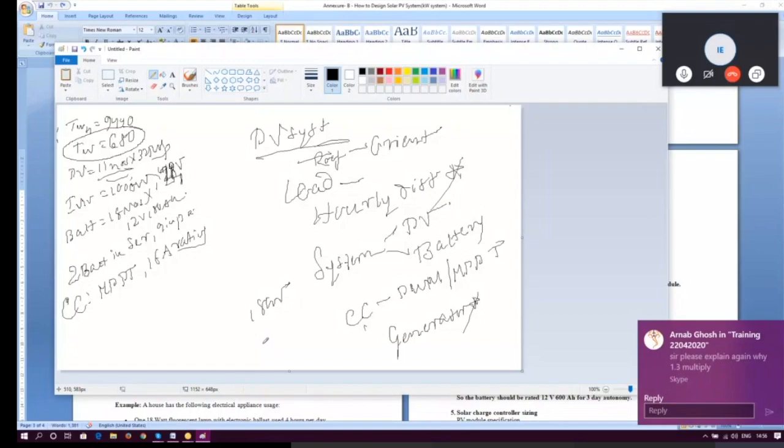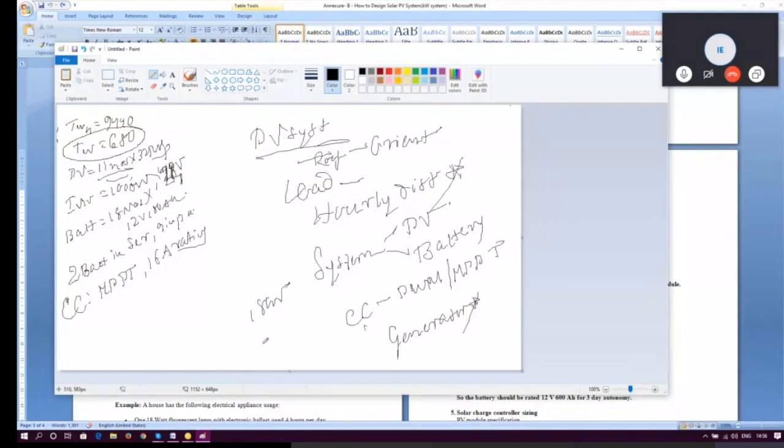What, 18 hours from midnight till the next midnight, right? So this is only what we need to give in the hourly distribution. Next, in the system part, we can only do PV and battery, and for the charge controller we can only select PWM and MPPT. The rest, PVC is smart enough to take the inverter and the charge controller amperage rating.